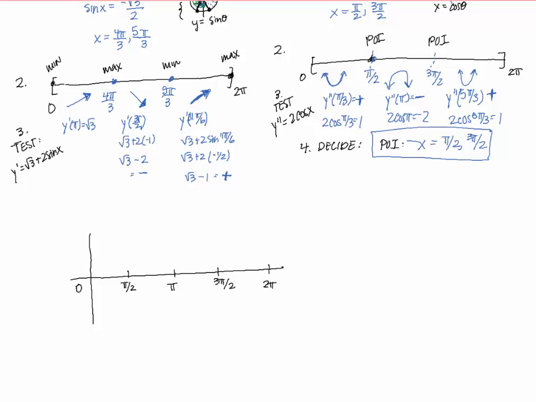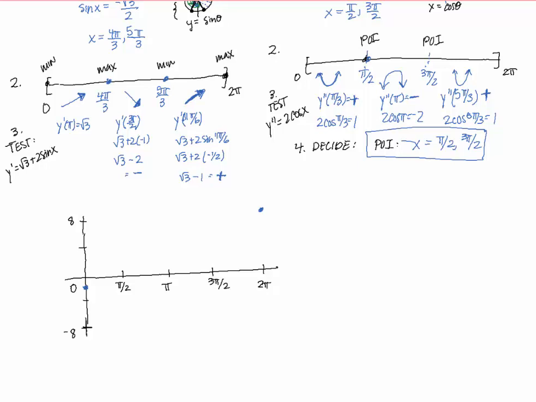It might help you to plot the maximum and minimum values. So at 2 pi, we're all the way up at, we found an approximation of 8. So at 2 pi, the absolute maximum value was 8.8, even bigger than 8. So plot this point, absolute maximum. The absolute minimum value was -2 at 0, so this scales 4. -2 would be right here at 0. Then we have relative extreme values, max and minimums, that were